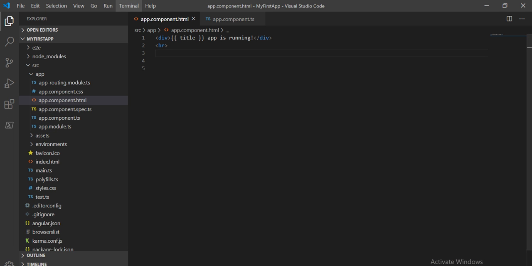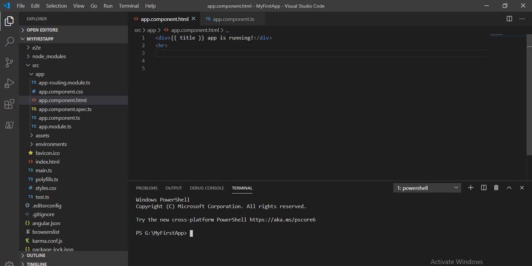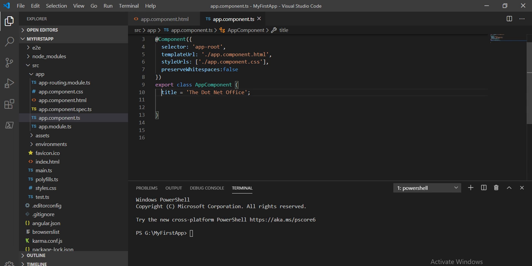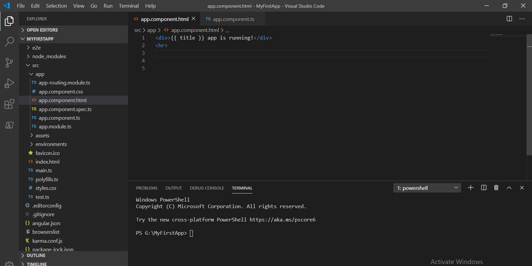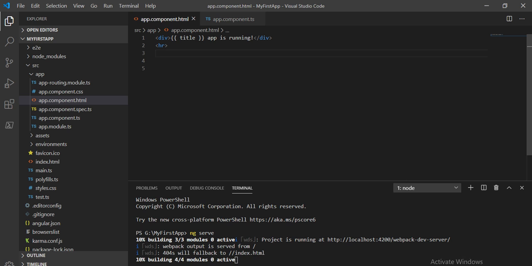So basically in the current situation, we have one variable here, title, and here we have one div with the interpolation. So let's first run it and see on the browser what it is showing as of now. It will compile first. Then we will take one variable, one element here, and assign something to that property, and we'll see on the browser how it is showing.